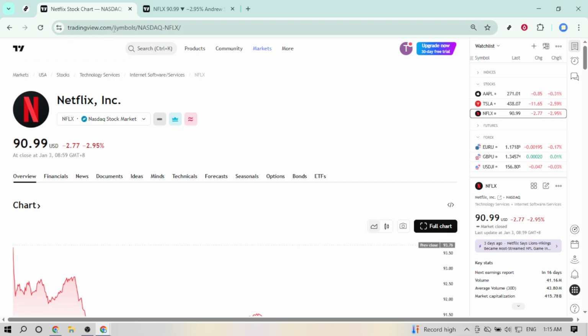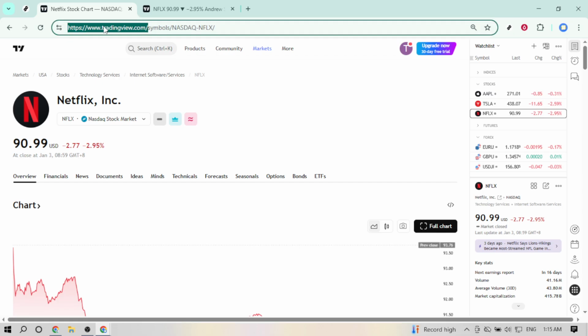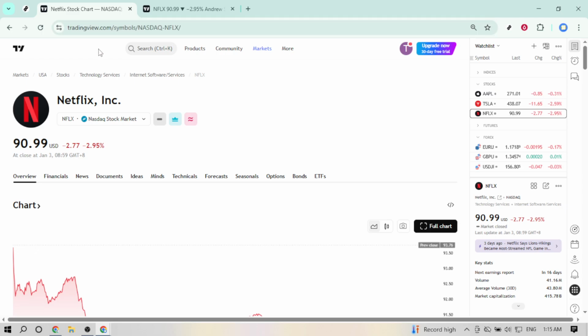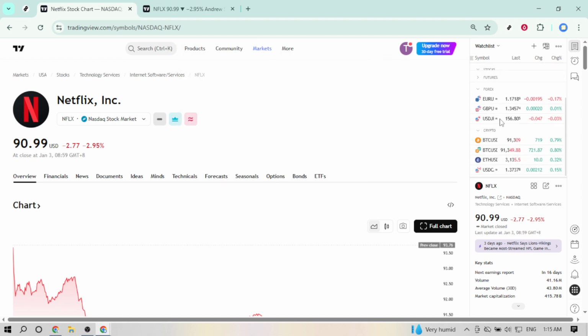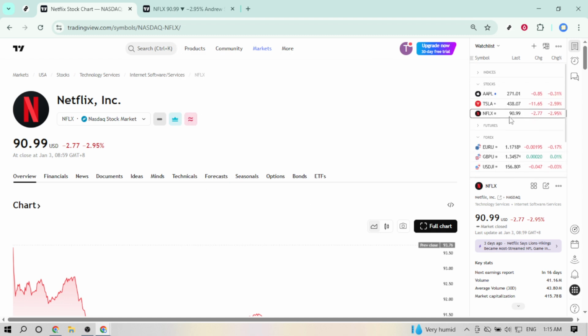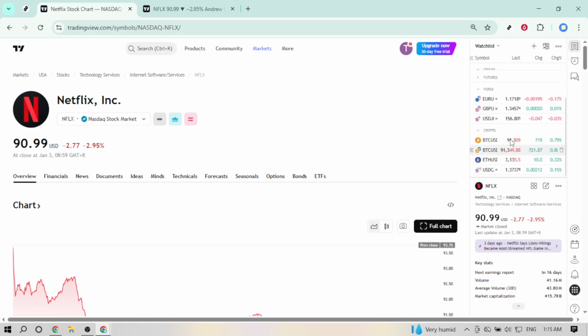First, open your browser and go to tradingview.com. You'll land on the main charting interface. On the right side of the screen, look for the watch list panel. This is where your symbols live. Find the symbol you want to analyze and click it. Your main chart will load with that instrument, and you can already start adjusting timeframes, indicators, and drawing tools if